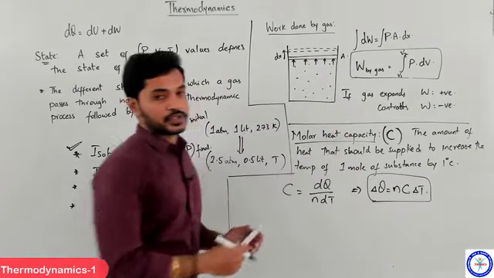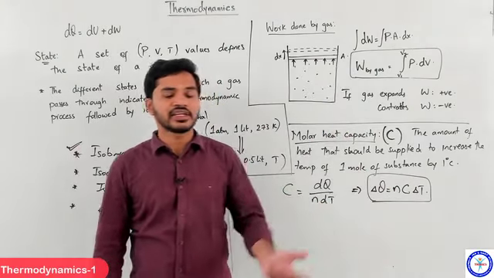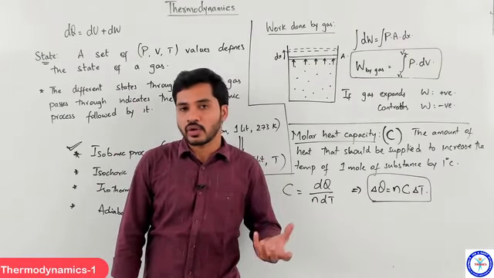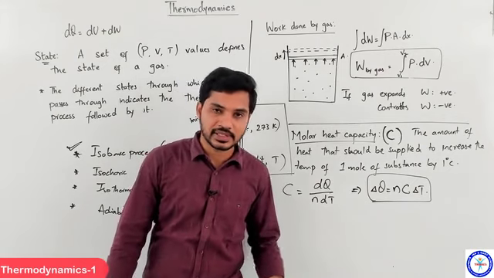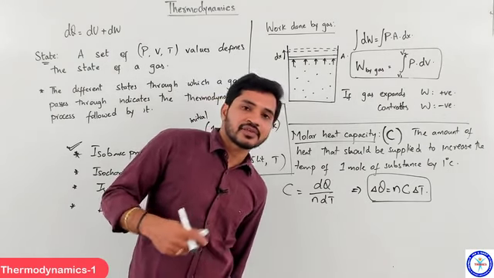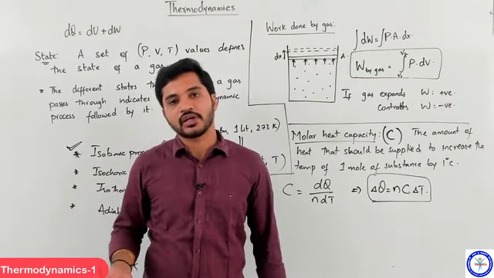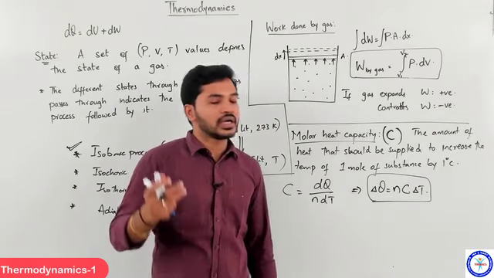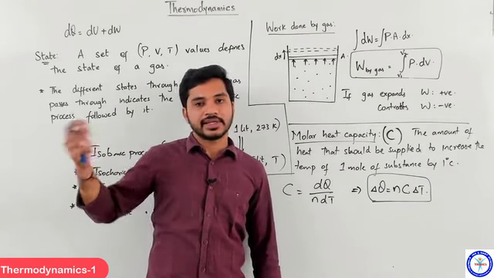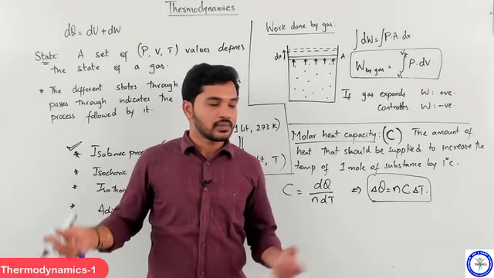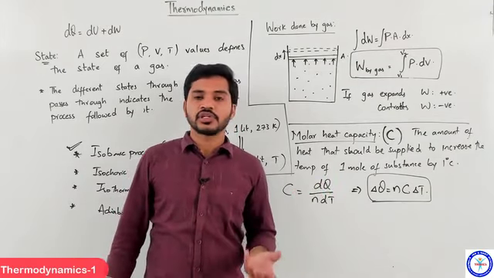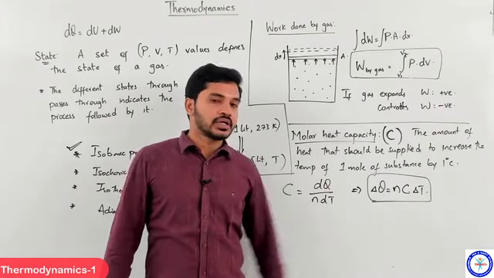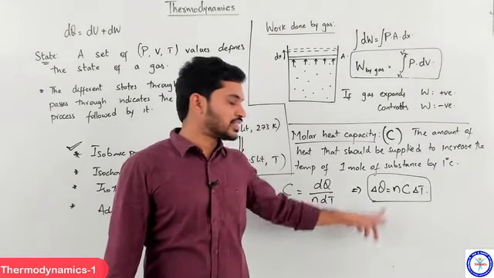So this is a general expression. Whenever we are dealing with solids or liquids, generally we measure their amount in terms of their mass, right? So when we are measuring them in terms of mass, it is better to use specific heat capacity, because specific heat capacity is defined for a unit mass. So there we use delta Q = m s delta T when dealing with solids and liquids. But when it comes to gases, their amount is generally measured in moles, right? So it is better to use n C delta T for the heat supplied to the gas.